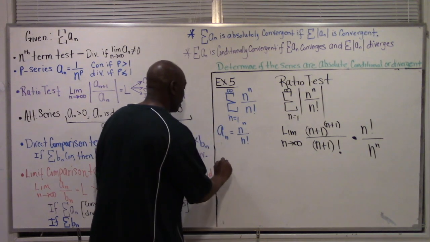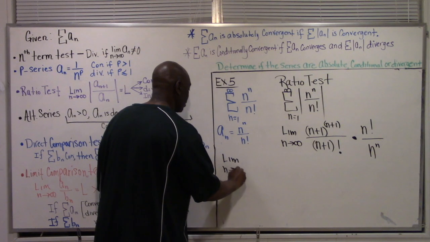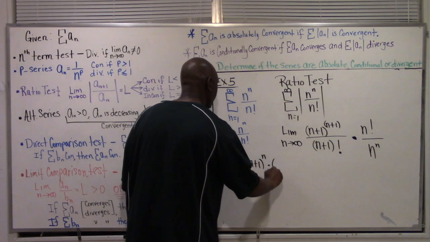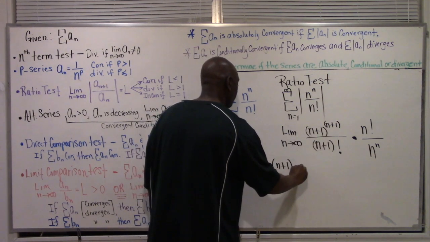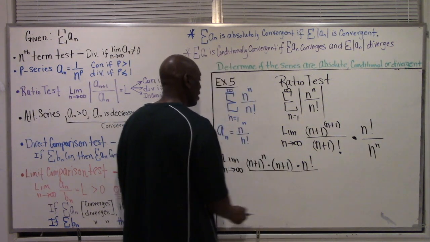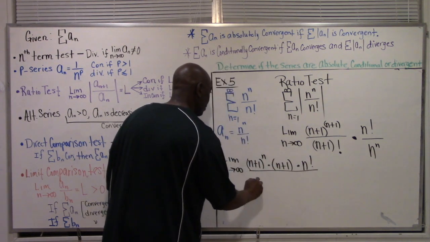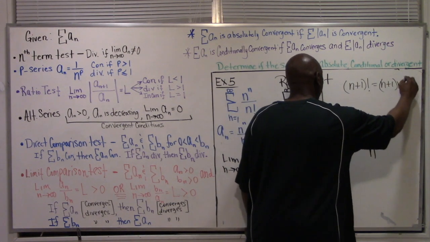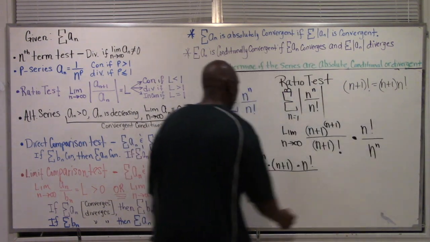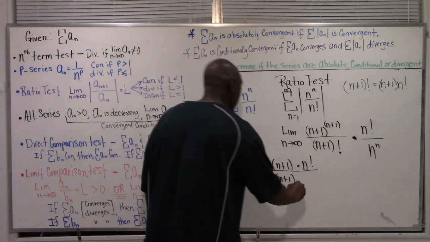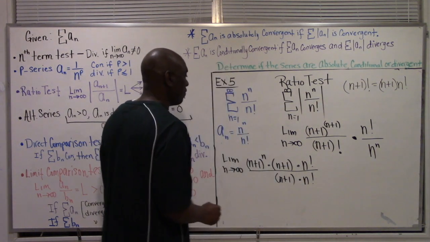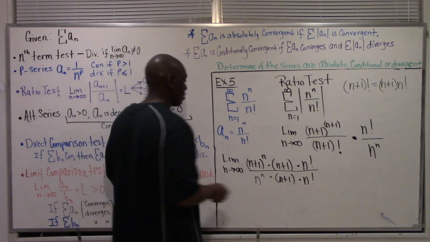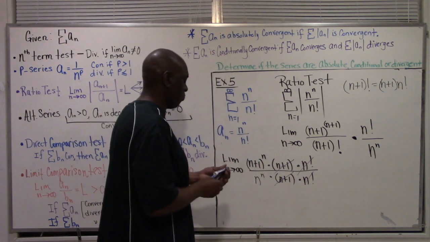So I'm going to have the limit as n goes to infinity, and watch how I write n plus 1. That's going to be (n plus 1) to the n times (n plus 1), times n factorial, all divided by (n plus 1) factorial, which is n plus 1 times n factorial. So I'm going to put the n plus 1 underneath n plus 1, the n factorial underneath n factorial, and then I have n to the n times n to the n. I can cancel some things now. This goes. I'm left with, stay with me, the limit